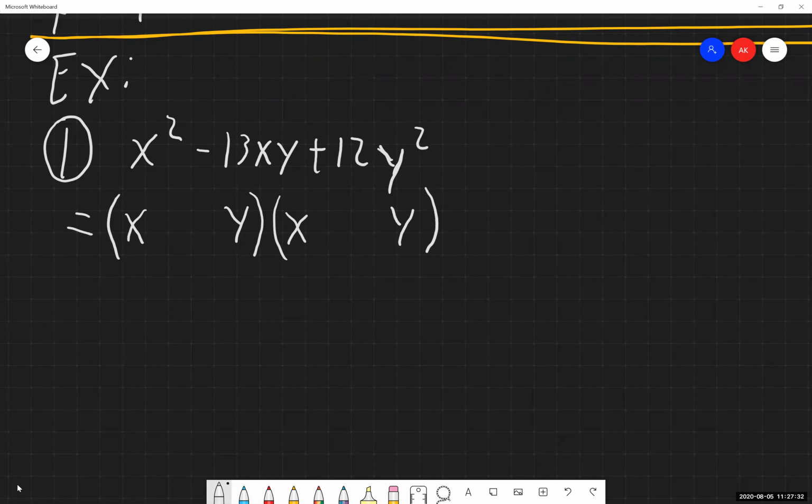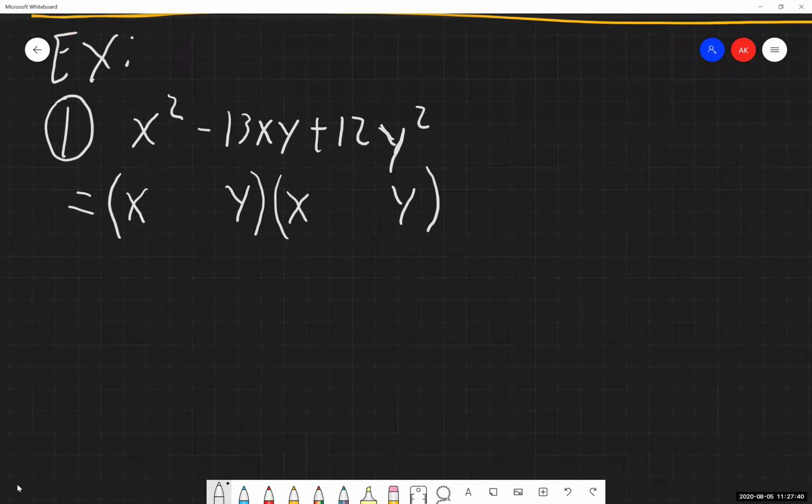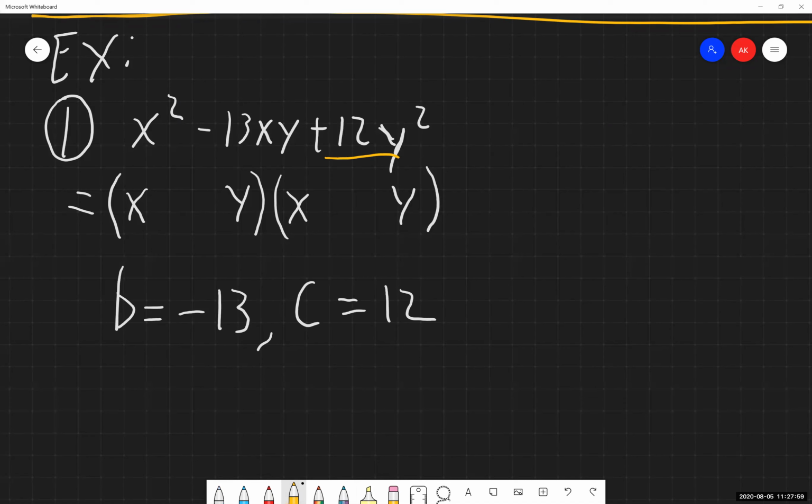Now, just like with our previous ones, we're going to correctly identify our b and our c values. They are in the exact same spots as they were previously. So our b value in this thing is going to be negative 13, this guy right here. And our c value is going to be the number at the very end of the problem, that 12 we have right here. Yes, they are attached to some variables by multiplication. That's fine. We're still identifying b and c the exact same way.